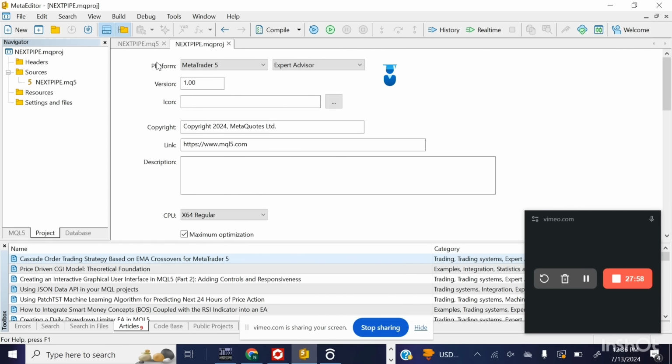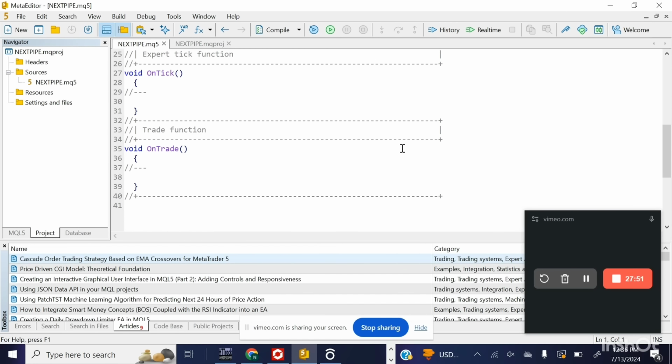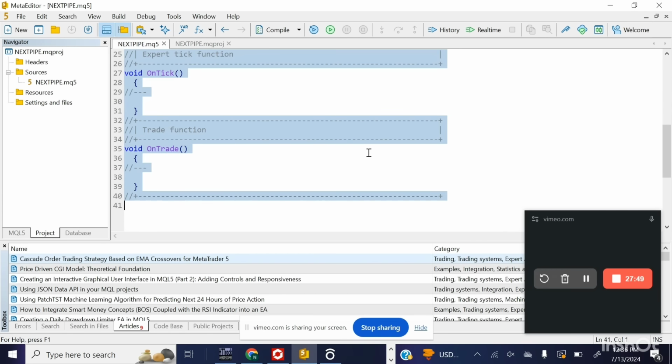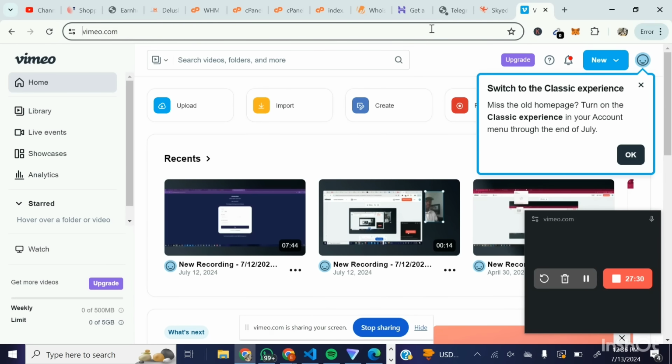Once it's finished, you go back to your NextPip.mq5. Here all you have to do is select everything and delete. So let's go to the next step, which is creating the robot. If you don't have knowledge of programming, you can still create your own bot. So let's go to